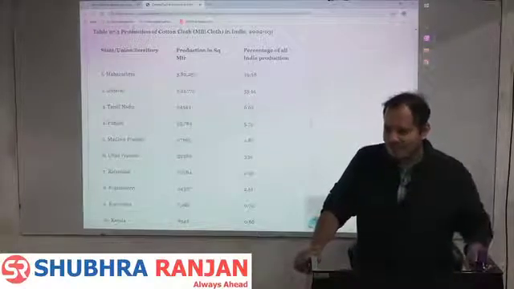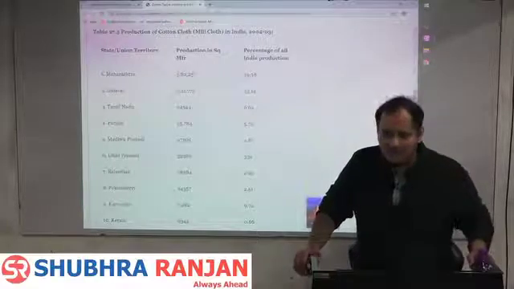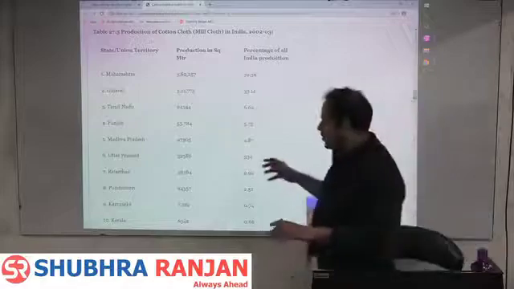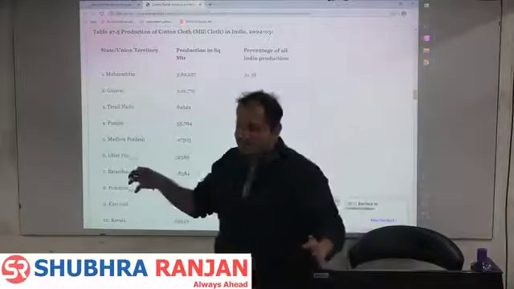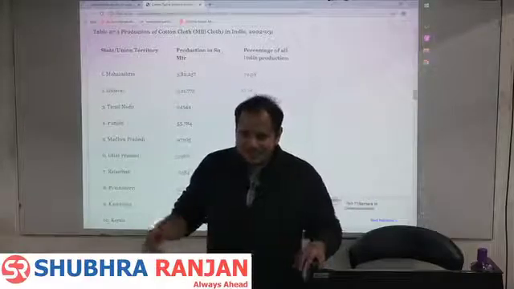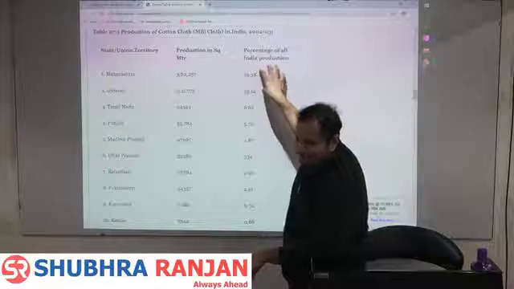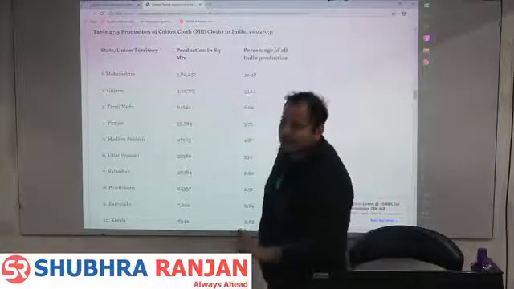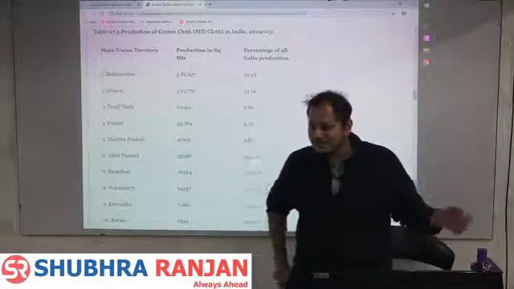cotton textile industry. First, climate. What is the kind of cloth? Cotton is tropical or temperate? It is tropical. So it grows very properly in peninsular India. Where in peninsular India? In the regions of black soil. So where is that region of black soil? In these 2 states, Maharashtra and Gujarat. And therefore, the maximum amount of cotton textile industry is located in this region. Fine. Which city is known as the Cottonopolis of India or Manchester of India?